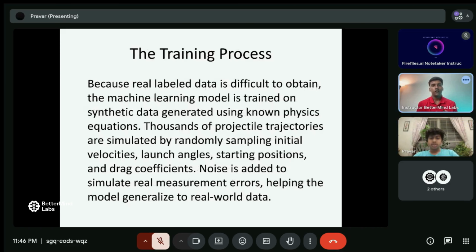Okay, understood. Real data on this type of thing is very difficult to obtain because it's a very broad category. There are a bunch of projectiles launched daily, from anything. It could be you throwing a ball, or missiles launched. So we decided to generate synthetic data using a Python script. This synthetic data uses physics equations and drag coefficients, and it uses trajectories that are already generated of things launched from certain velocity, drag,